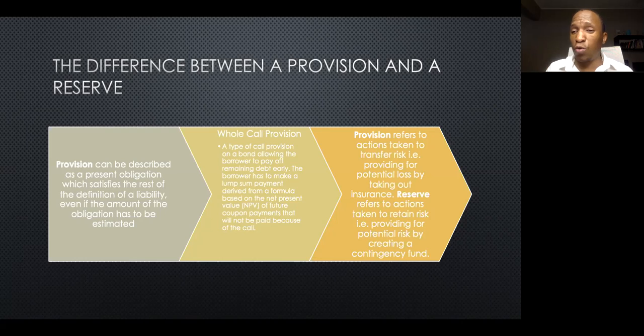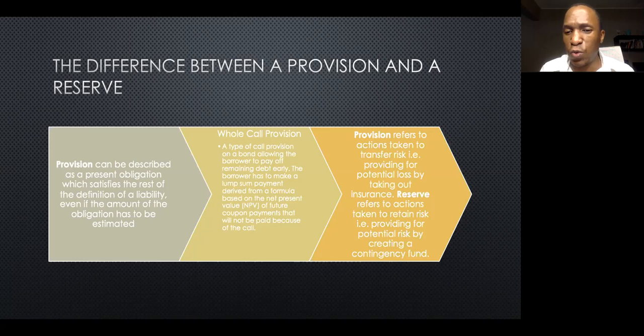So that would have to then be calculated to say, if they were to exercise this call, which is in the contract, how much would they have to pay you in terms of net present value calculated in the now? How much would they have to pay you to buy you out of the bond contract? It means they no longer owe you, they pay you a lump sum to buy you out of the contract. So you no longer hold that bond for 3 years and you're no longer getting the interest for 3 years, but it will only be before the contract can be terminated within a year. So that's a call, that's what a call option actually means. So it's a provision. So the government would have made a provision of not losing over the interest that they are going to give you over this particular time. I hope it's